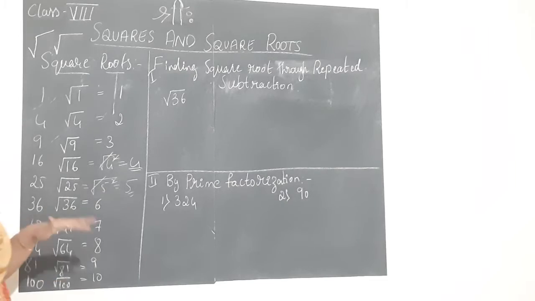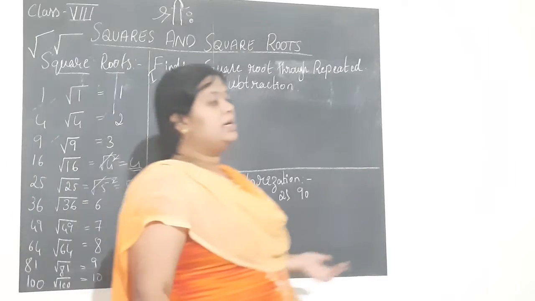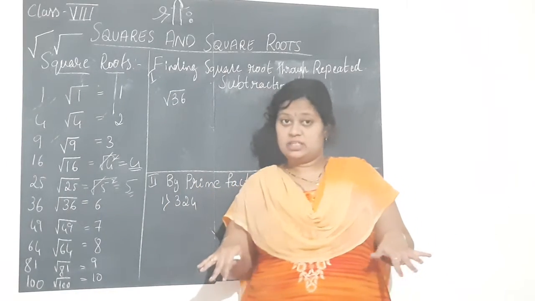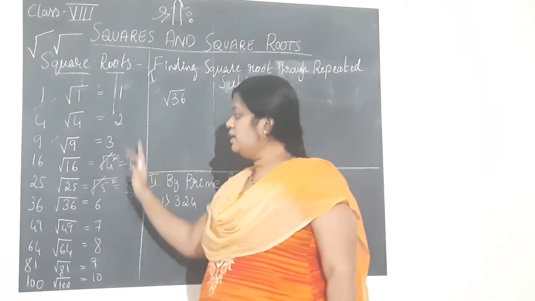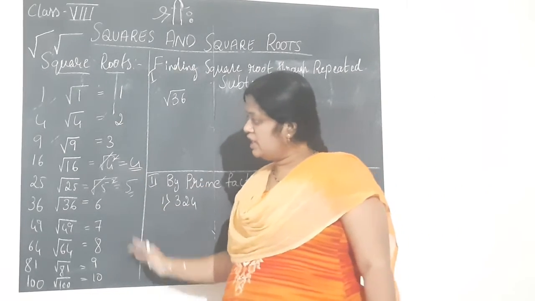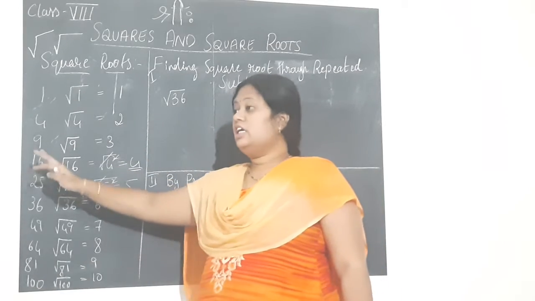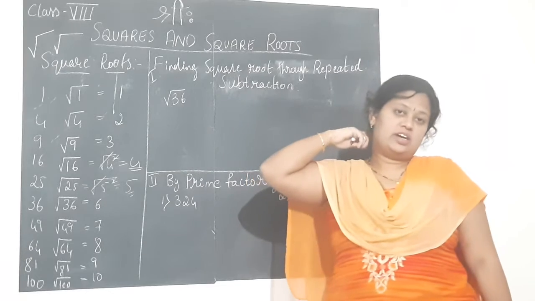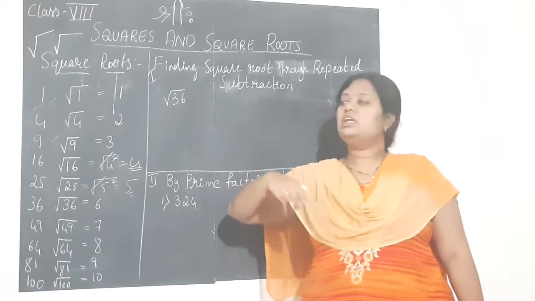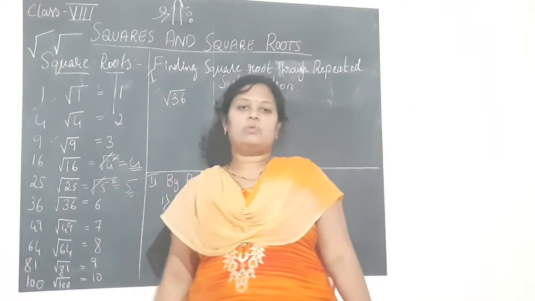So it is just the reverse process of going back to the numbers from the square numbers which we found by squaring. We squared the numbers and found the square numbers. Now by putting a square root on those numbers we are getting back the original numbers, children. It is the reverse process. The only thing is we are adding this square root symbol, that's all.